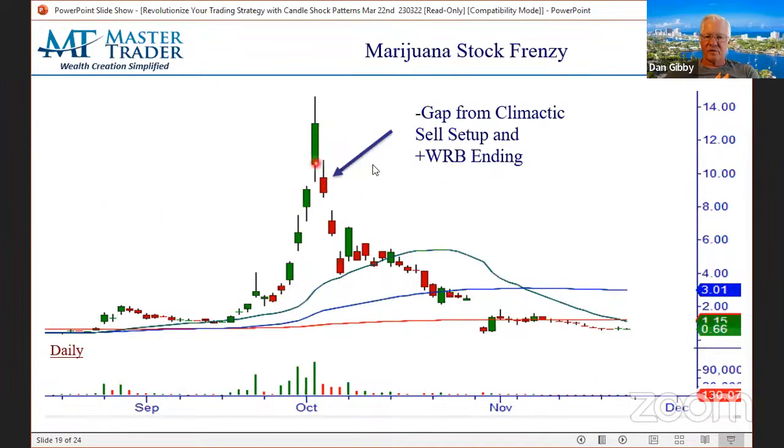This is a shock from a climactic sell setup. This is an older chart back in the days when the cannabis stocks just went insane. When I see a picture like this, I watch it every single day, because I should have put a picture of a rocket over here running out of fuel. Unless this stock gets bought out for some reason, it will retrace. I don't know when or what the picture is going to look like, but this thing rallied from $1 to